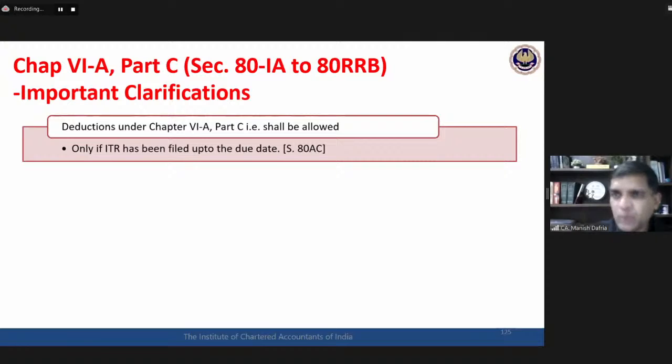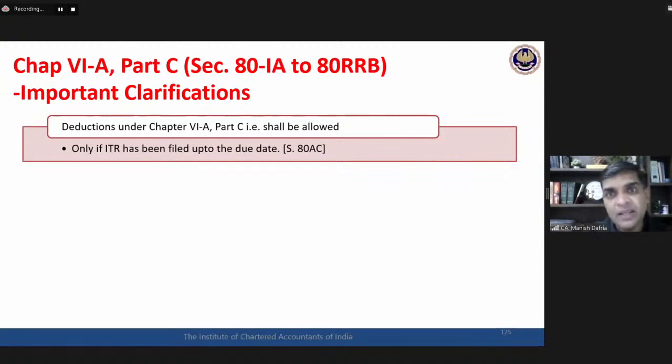Section 139(4) allows even a late filing of return also, by paying that extra fees, etc. You may file your return belatedly, but in that case, this Part C deduction would not be available. Okay, so this is the first thing. What we need to further understand is that with respect to Chapter 6A, this whole Part C, income-based